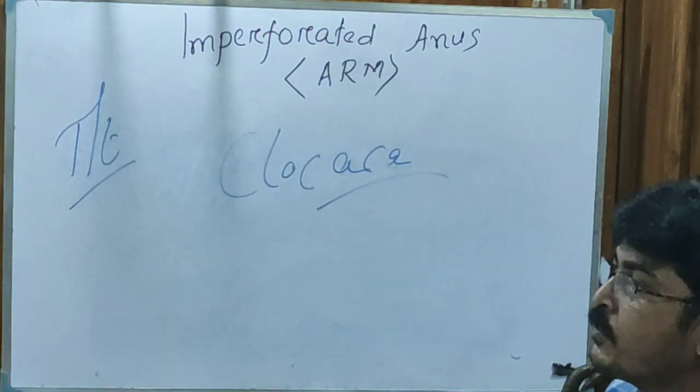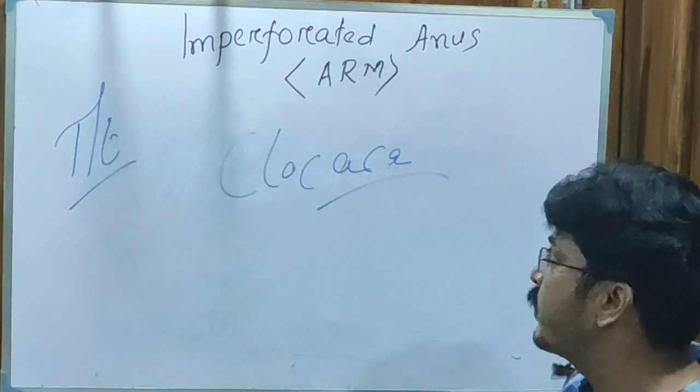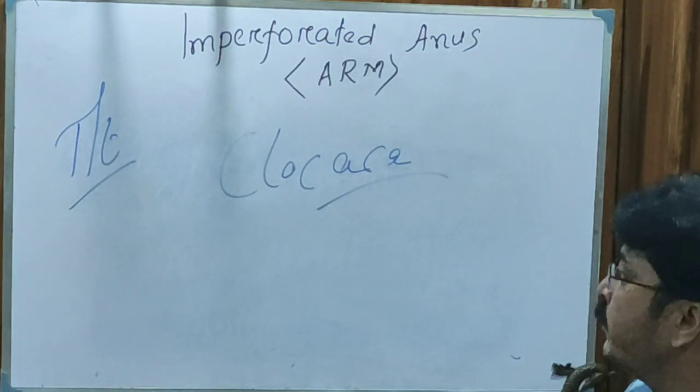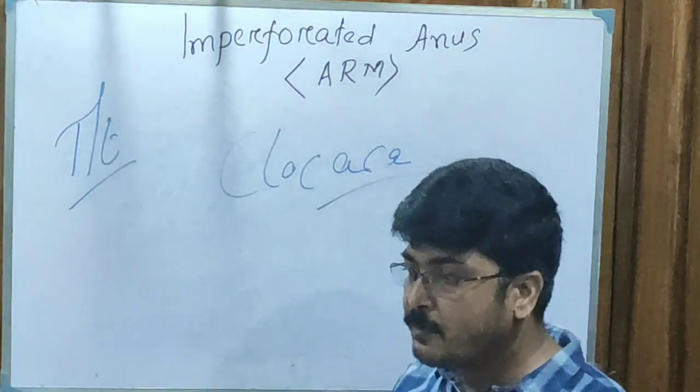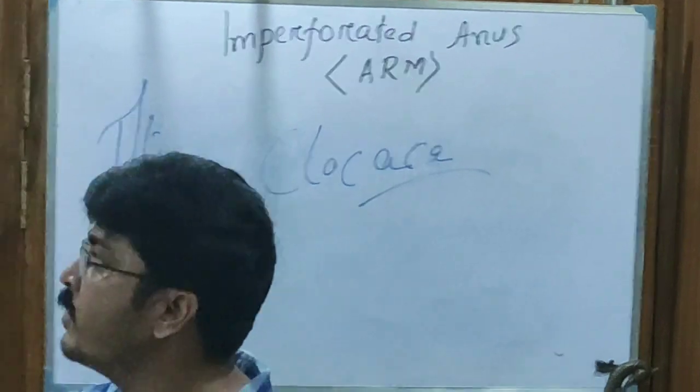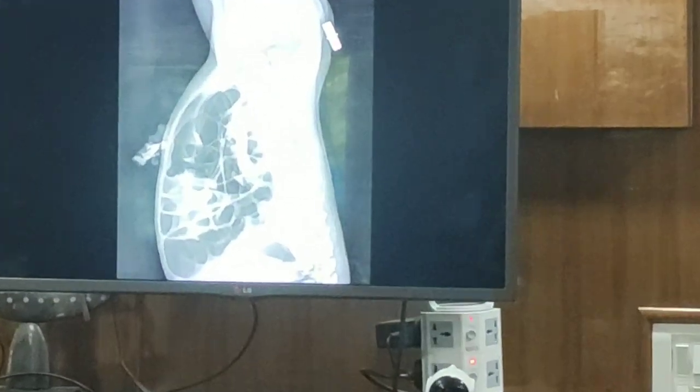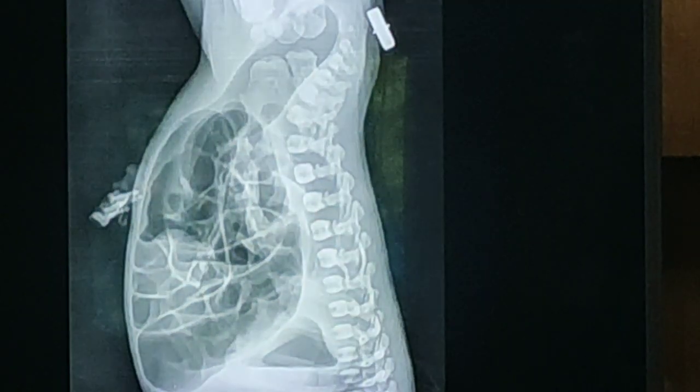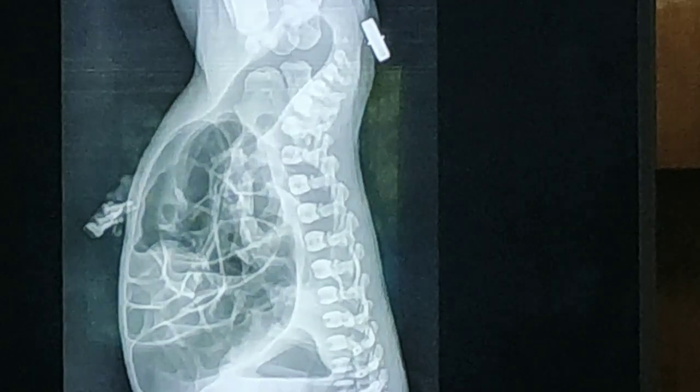It is a very important topic for undergraduate students. Short notes and multiple MCQs come from this chapter, and the invertogram is very important. What is an invertogram? How is an invertogram made, and what is the interpretation of this X-ray? These can be viva questions. So go through this chapter, imperforate anus or anorectal malformation.